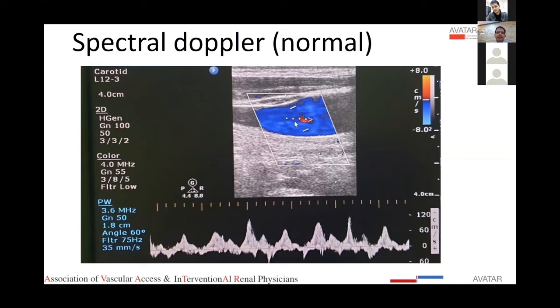So ideally anything less than 60 is acceptable because cosine of 60 is 0.5. Up to that is acceptable. Beyond that, the error becomes too steep. So this is the angle of 60 degrees that we have to ensure. And then we take tracings of the venous blood flow.